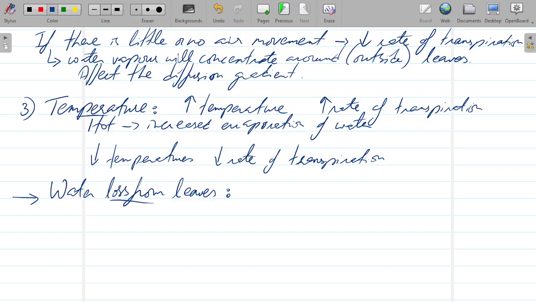So if it gets really hot, the cells will die, and we see that happening in the summer as well. If it's really hot, plants die, or at least some of the leaves die, if not the entire plant. And that's simply because of too much water loss, or simply because of the heat. So transpiration is, you could say, because it is a natural process,